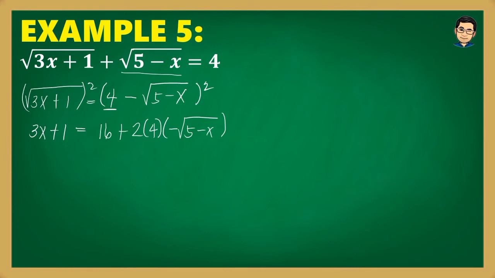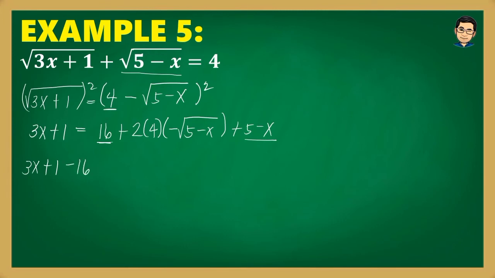So, negative square root of 5 minus x. Since we are squaring it, the radical symbol is removed, so it becomes just 5 minus x. Next, let's combine like terms. So, 16 and 5 minus x, we need to bring those to the left side. So, it becomes 3x plus 1